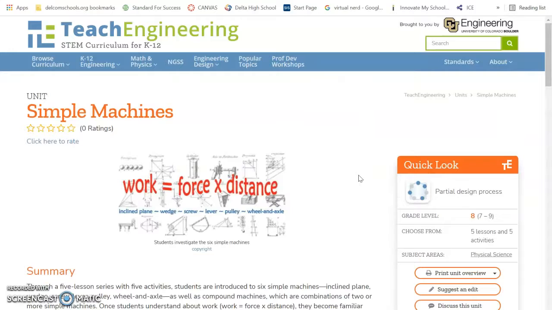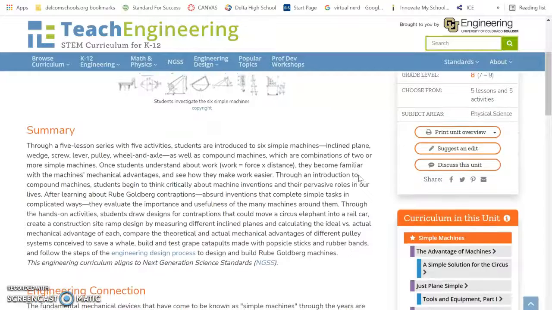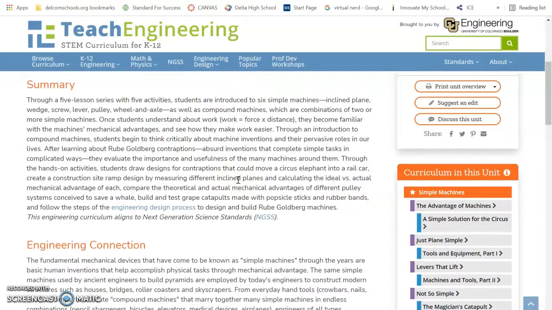In this 5 lesson series with 5 activities, down here in the summary are some of the key points I want to point out. Students are introduced to 6 simple machines, and you can see here they list all of those different machines. It says that students begin to think critically about machine inventions and their pervasive role in our lives. There are hands-on activities,